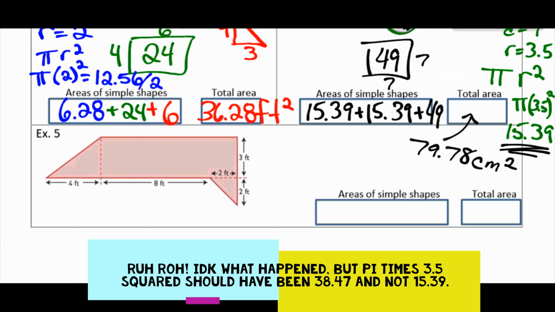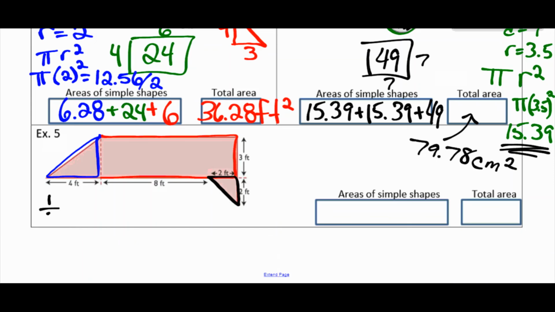All right, one more on the front. We have a triangle on the left side, and then a big rectangle in the middle, and this little triangle coming out above. So for triangles, I'm using 1/2 base times height. And for rectangles, I'm using length times width. I'm going to find the easy one first, the rectangle. This whole side